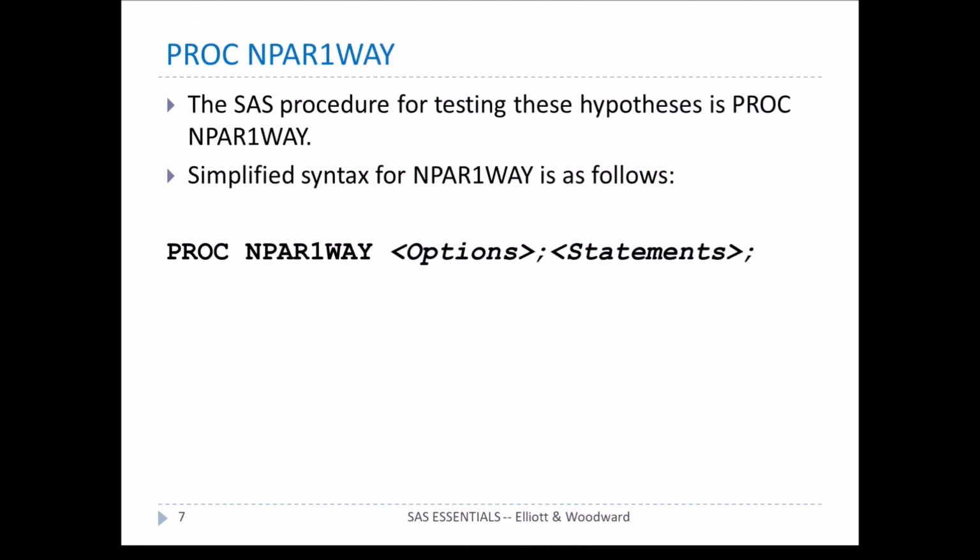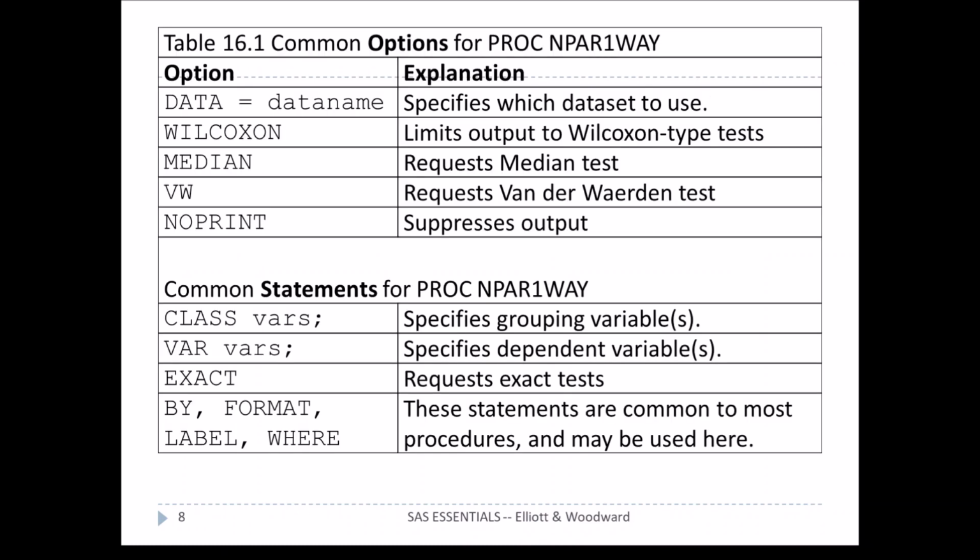All right, so let's take a look at PROC NPAR1WAY. This is the procedure we're going to be using to do these tests. And it looks very similar to what other procedures look like. We have PROC NPAR1WAY with some options and some statements. Some of the options include DATA=, which is commonly used in all of them. But then we have some other options we haven't seen: WILCOXON, MEDIAN, VW, and we've seen NOPRINT before. And then some statements also for PROC NPAR1WAY. And again, we've seen some of these before, but the CLASS statement, the VAR statement, the EXACT statement, which is not exactly the same as what we saw in PROC FREQ, and then ones that are common: BY, FORMAT, LABEL,